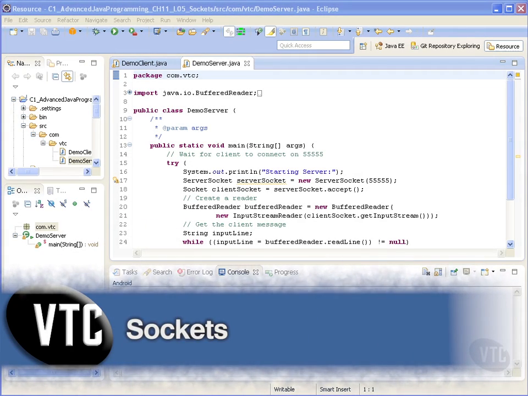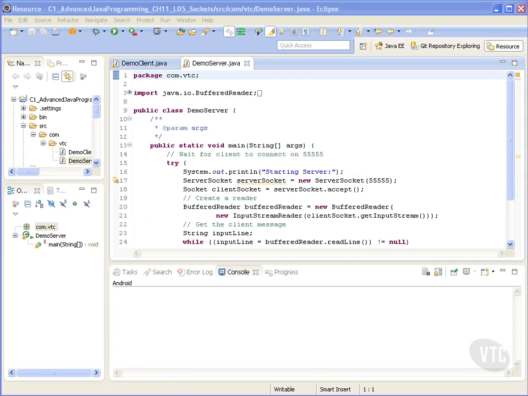In this video, we will introduce sockets within the Java programming language. A socket is an endpoint in a communications link between two processes. The endpoint consists of an IP address, which identifies a host, and a port number, which identifies a process running